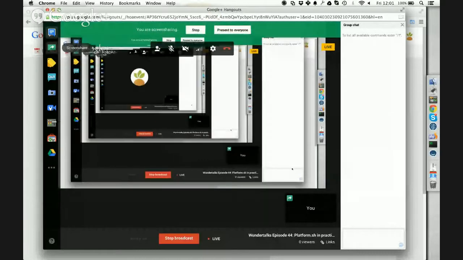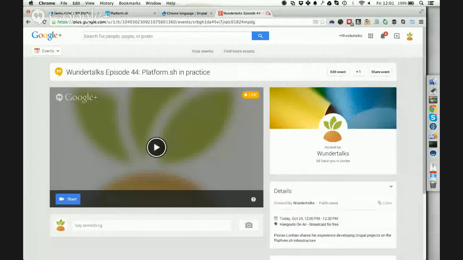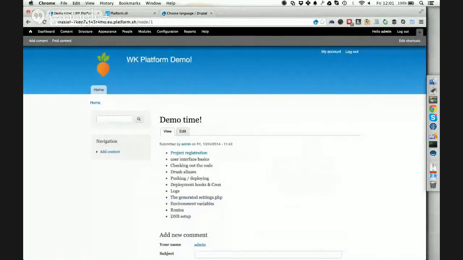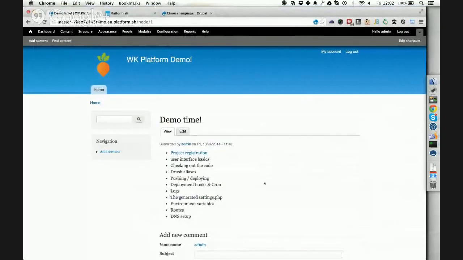So there we go. I'm going to share the entire screen. There, we have some funky effect. Can close this. Okay, so I hope you can see my screen. Just post something in HipChat if you don't see anything or if you don't hear anything. I think you should